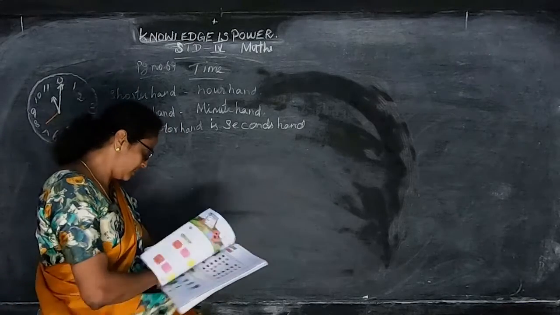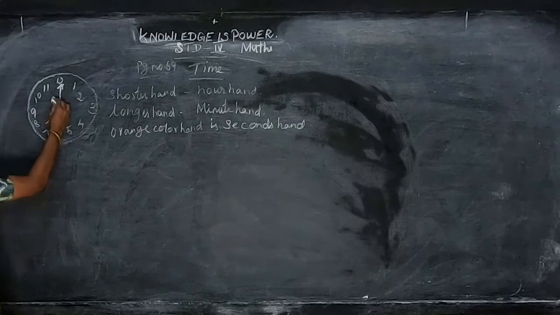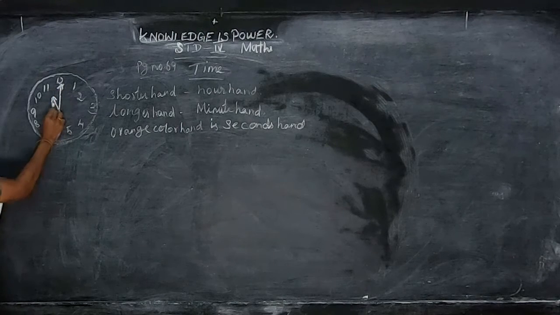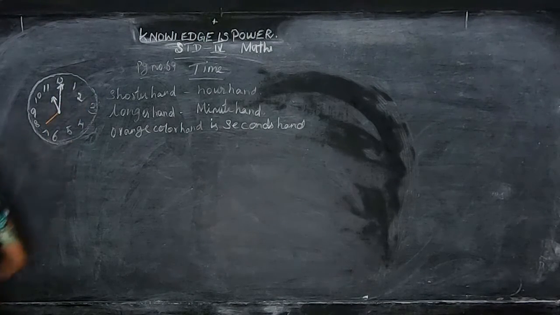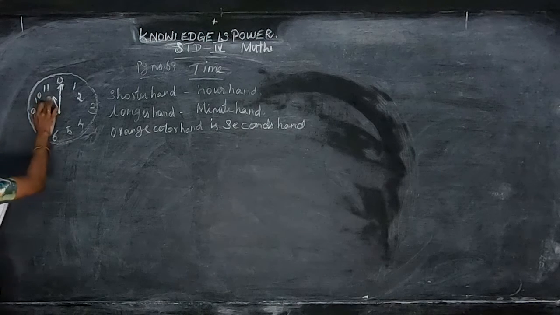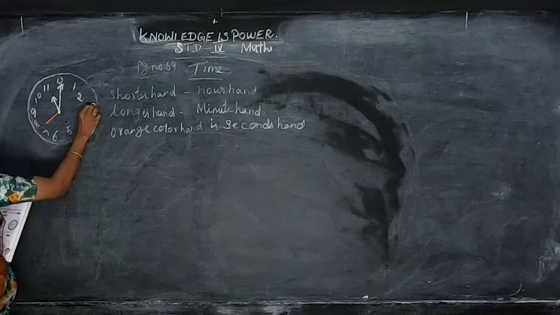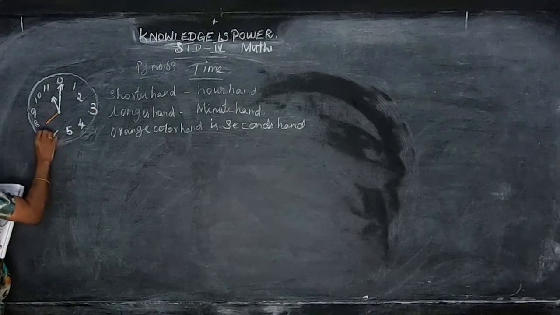Here on the next page, they are given the time. Now what's the time here? Shorter hand is 11 and the longer hand is 12. This is the hour hand. So you can say 1 hour, 2 hours. If the small hand is at 11, it is 11 hours, 10, 12, 1, 2 o'clock, 3 o'clock. Whatever number the smaller hand is at, that number we have to say, 11.